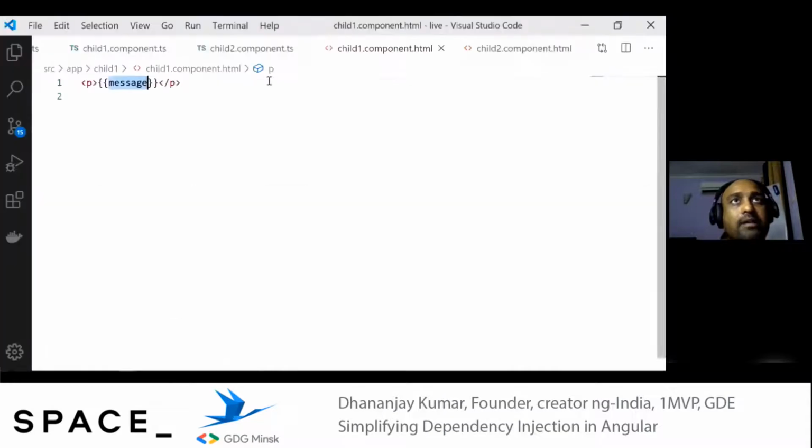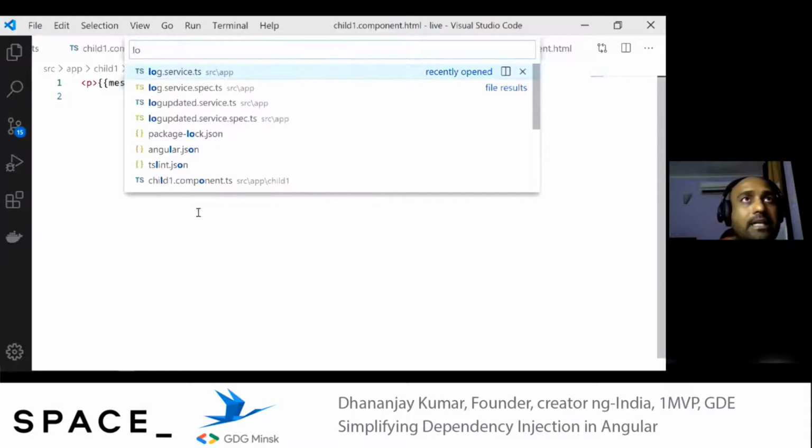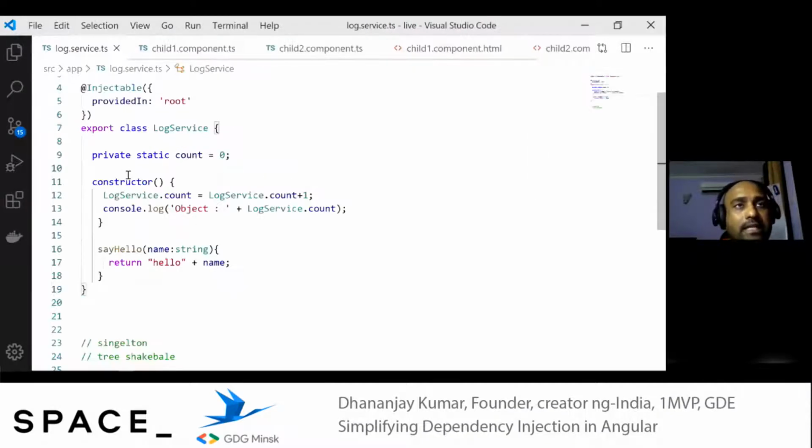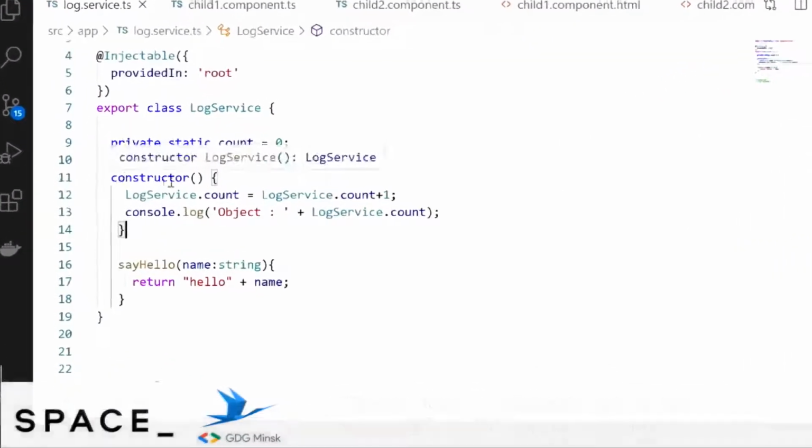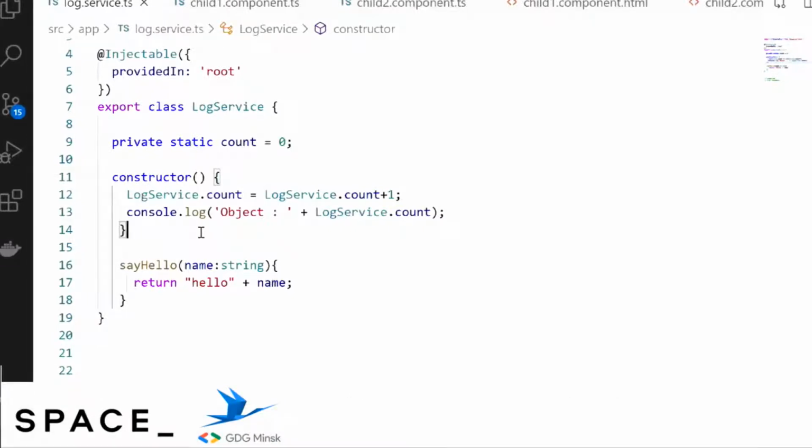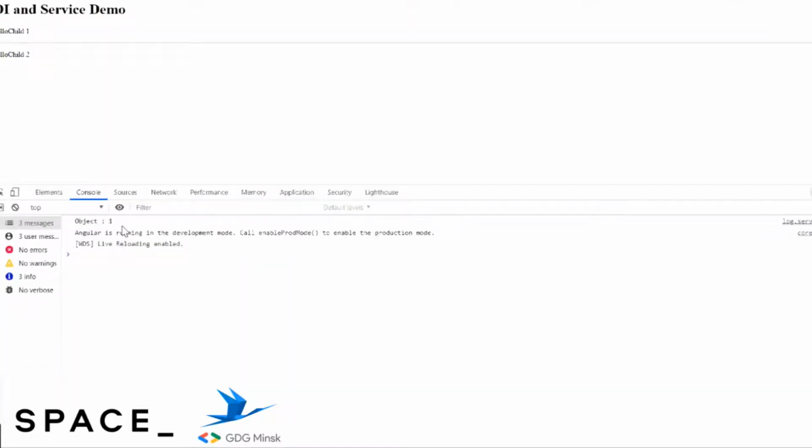We discussed that whenever there is a constructor, it would be called as many times as Angular creates an object of log service. Since we have only one object and one is printed, we can assume that Angular has created only one object, and that object is being used in both child1 and child2 components.